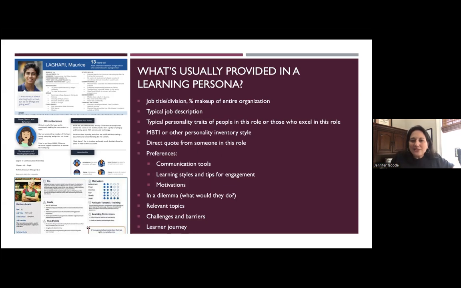And how do we get all this information? Remember, we've gone out and interviewed a handful from each group. And so we've got some direct quotes, and we might come across a couple that might be increasingly meaningful or impactful to convey how they like learning, what ways they learn best, how they prefer to learn, how they like to communicate or receive communication. And so we show some of those preferences, communication tools, what types of learning styles and tips for engaging me are there as a learner, what motivates me.